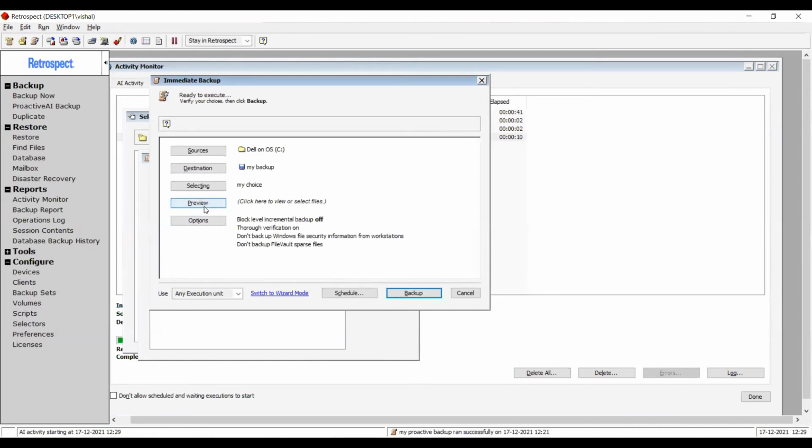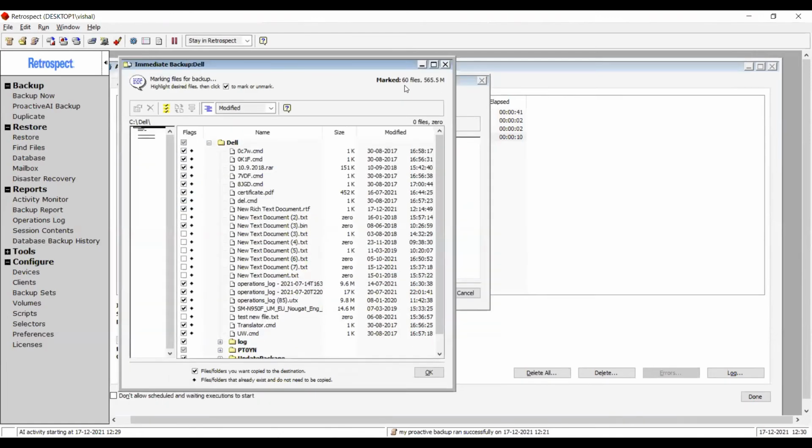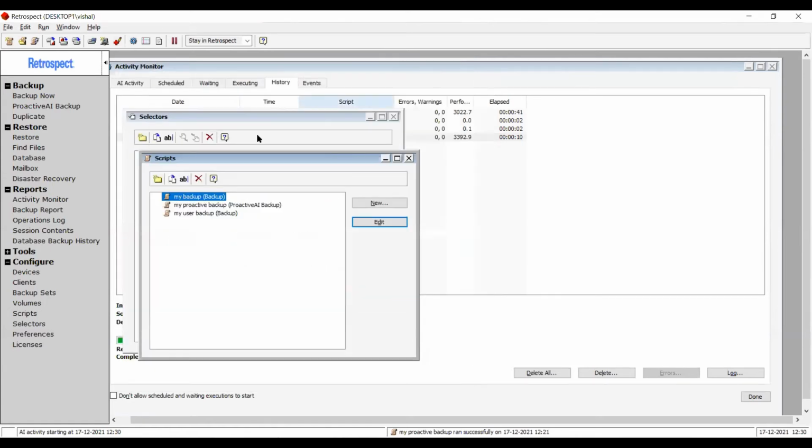There were no mp3 files. If I click preview, you can see that the folder has 73 files, but now 60 files are selected because the files that are omitted are the text files. You can see that those are not selected for the backup. So that is how the selectors work.